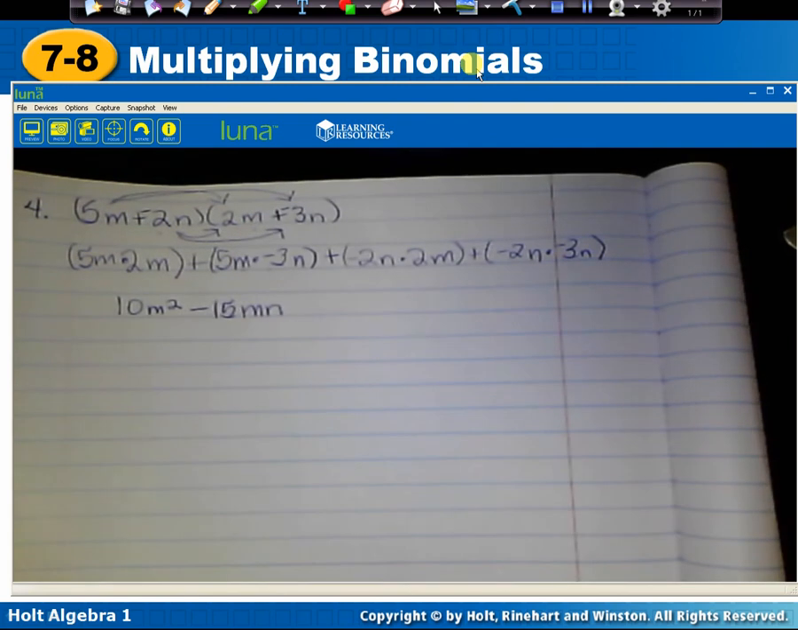Anytime we're multiplying variables and we're just going to write them side by side, we generally put them in alphabetical order, and that's all you can do with them because they're not like terms. You've multiplied them, you've combined them as far as they can go, and now you have mn. Now I have negative